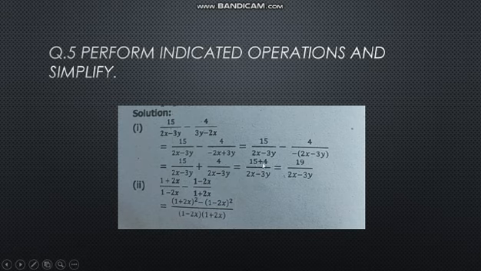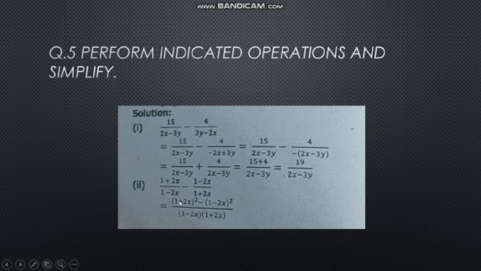So 15 plus 4 is 19 divided by 2x minus 3y. Same is the case with the second part, but I have not changed the signs here. I have taken the LCM directly, which is (1 minus 2x) into (1 plus 2x). So after dividing (1 minus 2x) into (1 plus 2x) with (1 minus 2x), this 1 minus 2x and this 1 minus 2x will cancel each other, and my answer will be (1 plus 2x) and (1 plus 2x), which